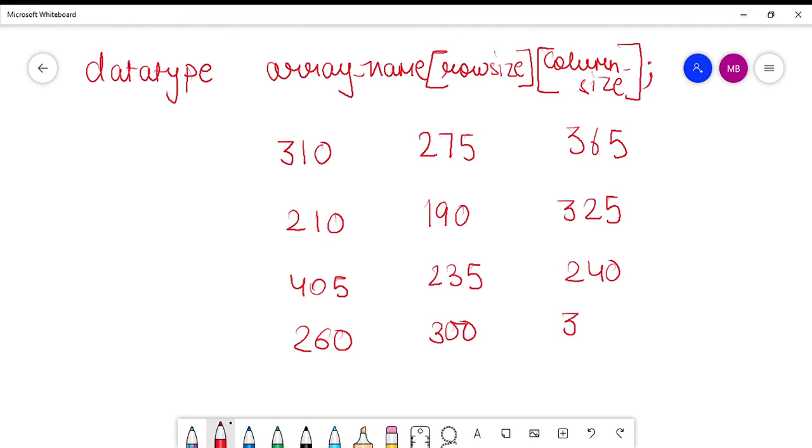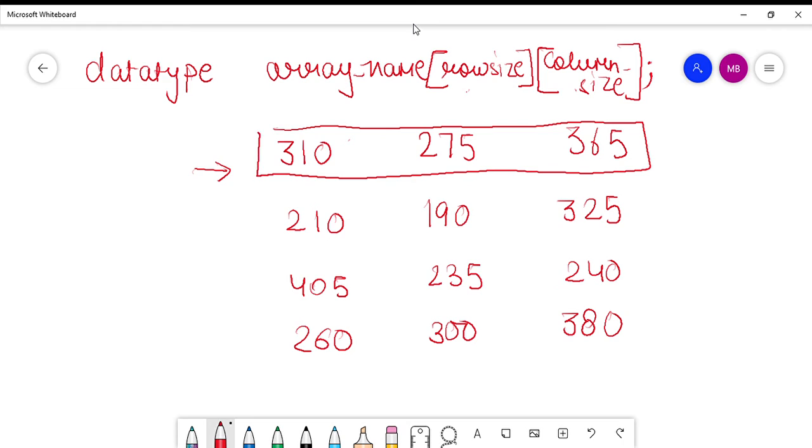So how are these actually represented? Now these are the columns and these are the rows, right? So the indexing begins like this. The total number of rows starts from the first row and the first column. Since the indexing begins from 0, how is this going to be represented?